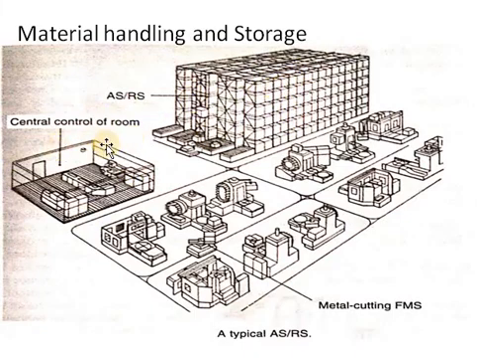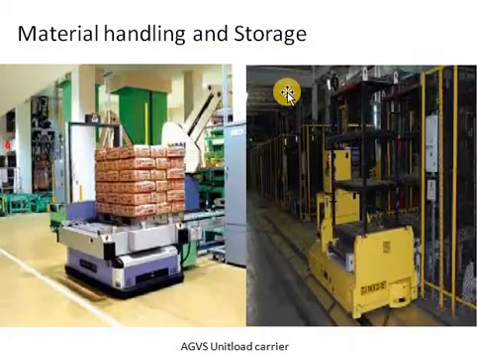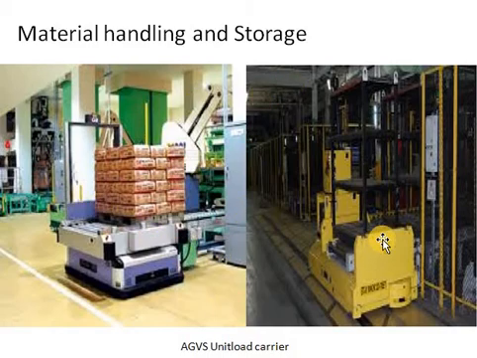This is the central control room, and the elevating speed of the stacker could be as high as 180 meters per minute. A typical automatic storage and retrieval system is shown in this figure. Next, this is what an automatically guided vehicle is: